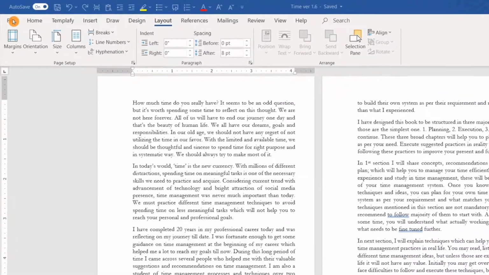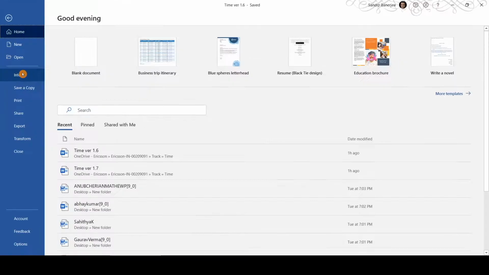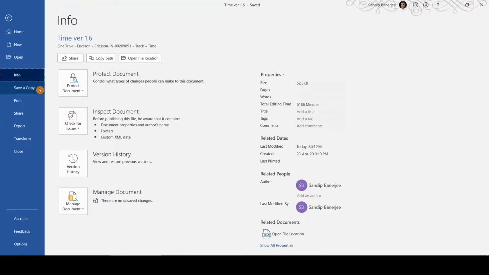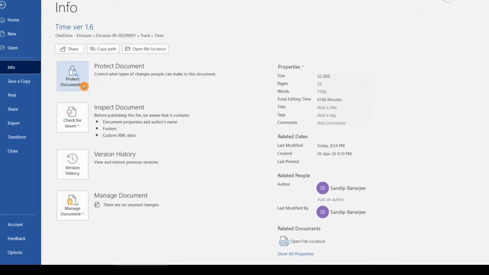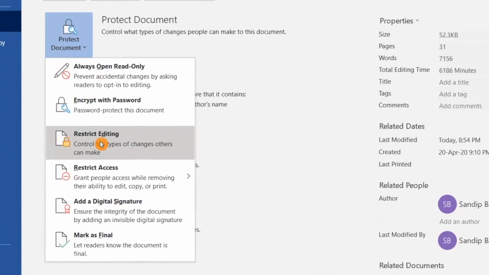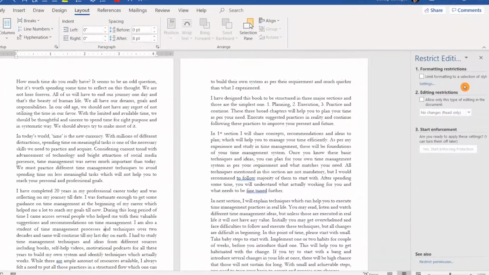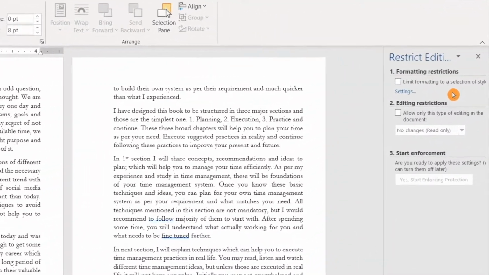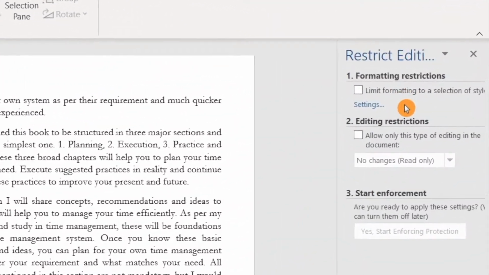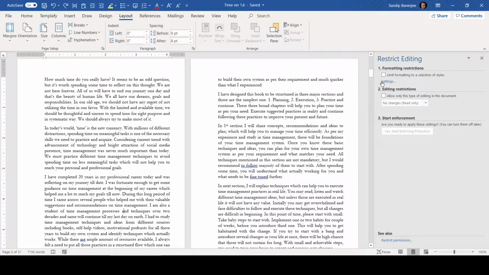If you click on there, you'll be getting one particular option, that is info. If you click on info, it will open this particular page. There you need to click on this little drop down under protect document and you'll be getting one option, restrict editing. If you click there, there will be some options which will come. If you are following my mouse, on the right side of this particular page, you can select different settings here. So let me just expand it so that you will be able to see it better.